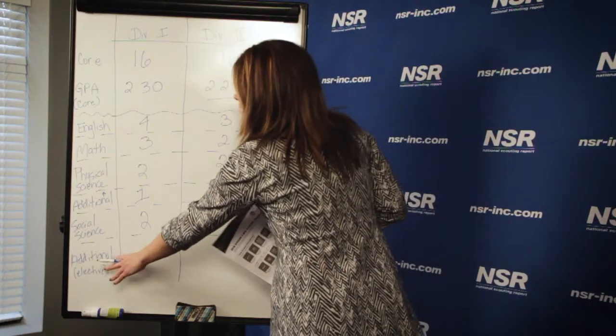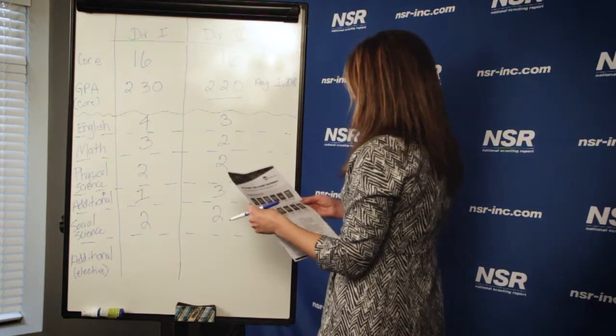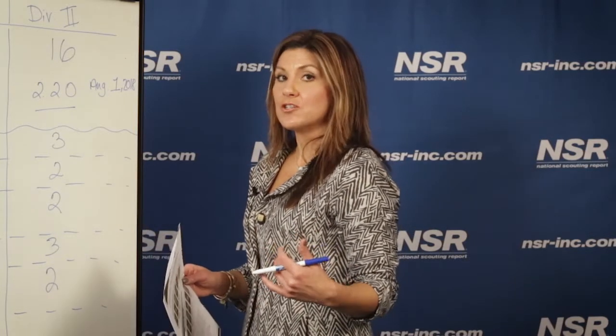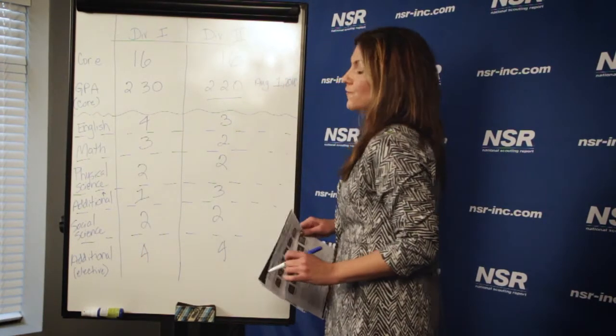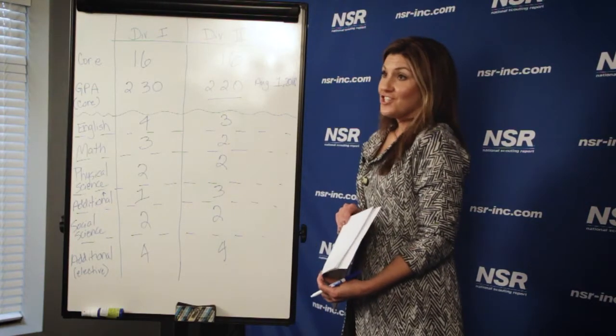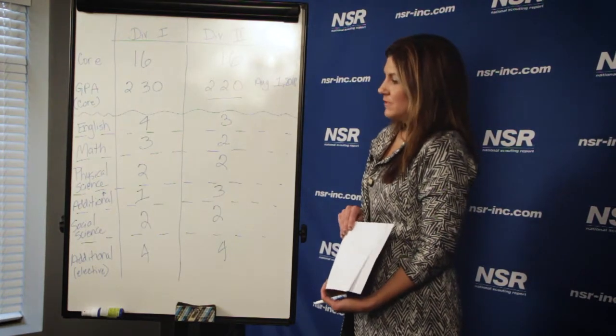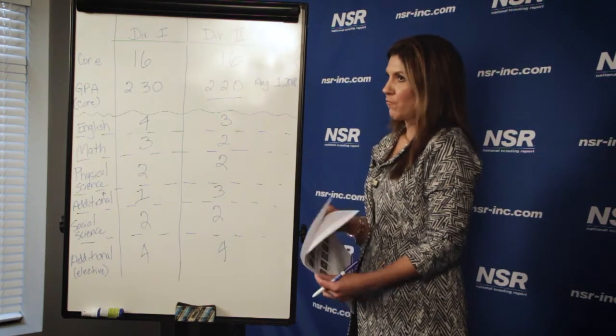Okay, then there's another additional category, and this is going to be like electives. So this is where your foreign languages are going to come in, your religions, your philosophies. Those types of classes will be your additional classes in this last category. And for both Division I and Division II, there's 4 years of an additional elective class. So that means if you're picking a foreign language, that's 4 years of foreign language. So Spanish 1, 2, 3, and 4, that's very important. Or you can do the religion-based, philosophy-based classes. So again, this is the difference in Division I and Division II. I hope this makes sense to you on a chart, because it's a lot of words and a lot of different requirements.